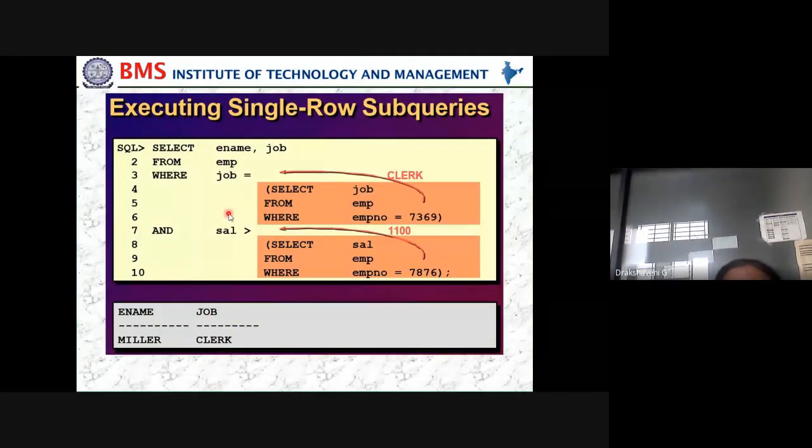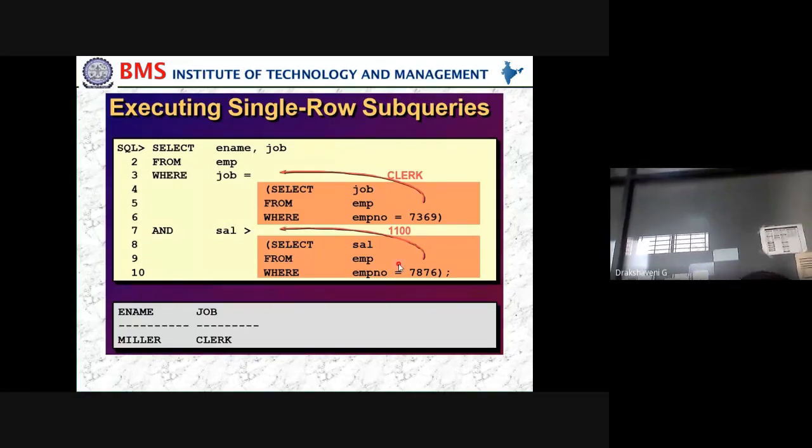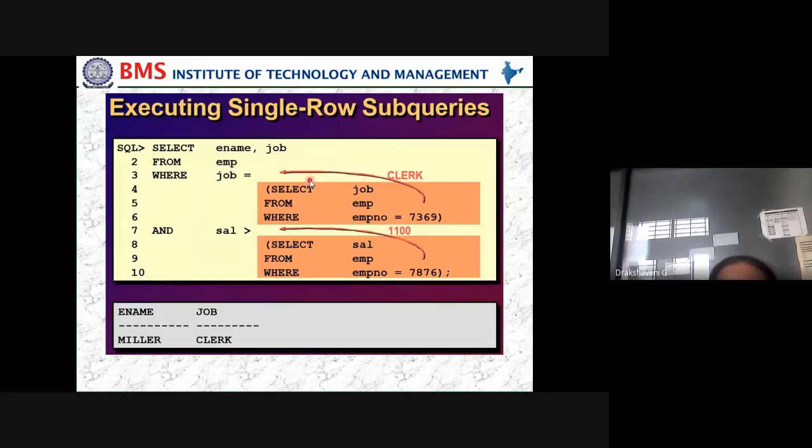So how is the execution of the single row subquery done? If it is single, fine. If it is multiple, then what? First the clerk as well as his salary. So we are just checking the person's job is a clerk and what the salary is.